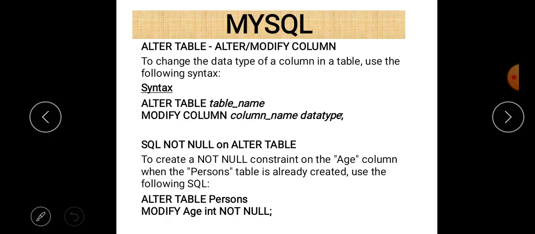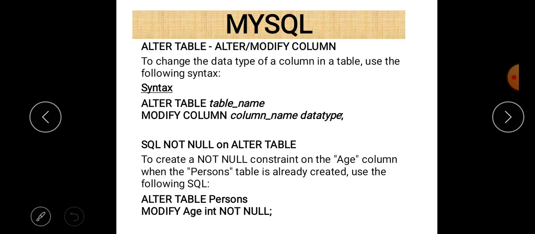Let us suppose that the size of the email column is 100 characters. Then we can increase it to 101, 102, whatever, just after the 100 we can give that value, but we are not able to reduce that data type, because it may be possible that the table already contains data, and some data is up to that limit. So in this case, if we want to alter the table structure and modify the column size, it is not possible because data is already there. So we always increase the size using modify column.